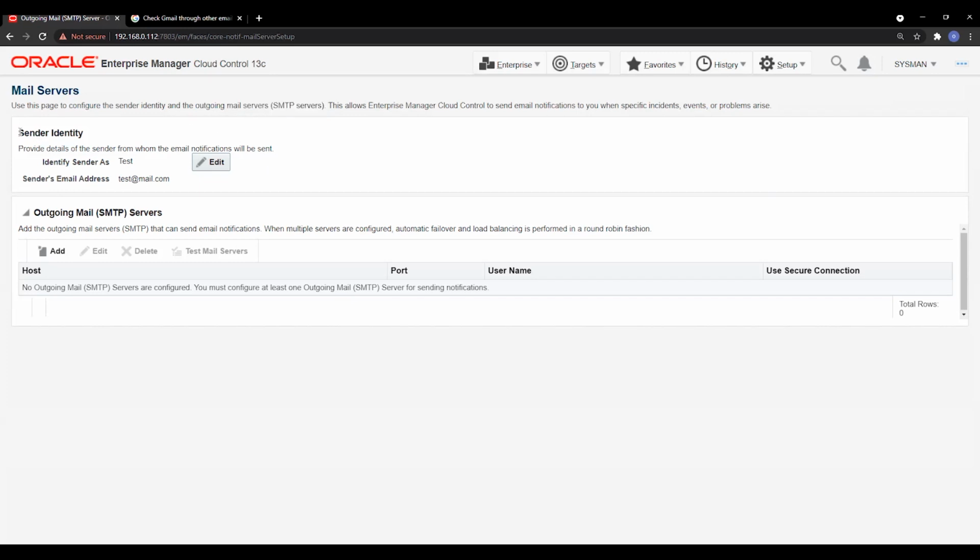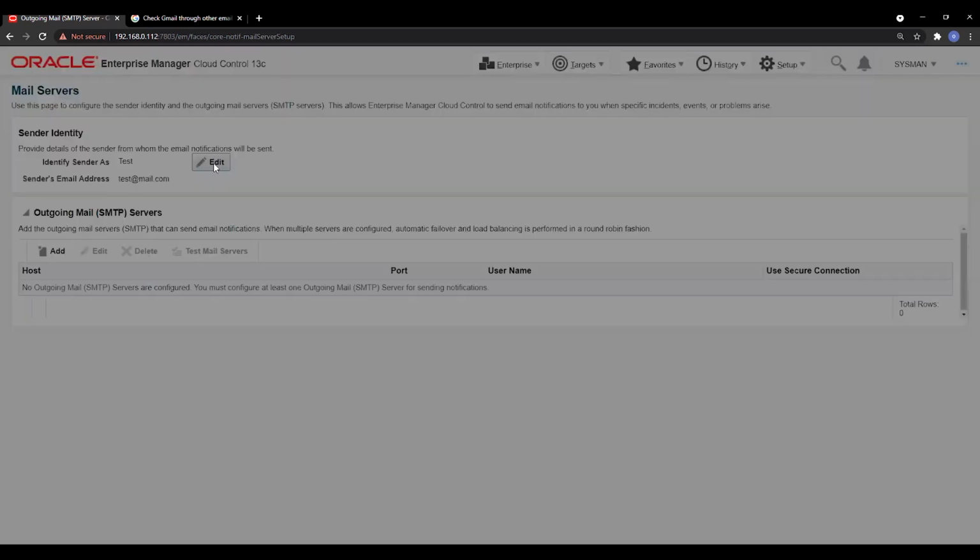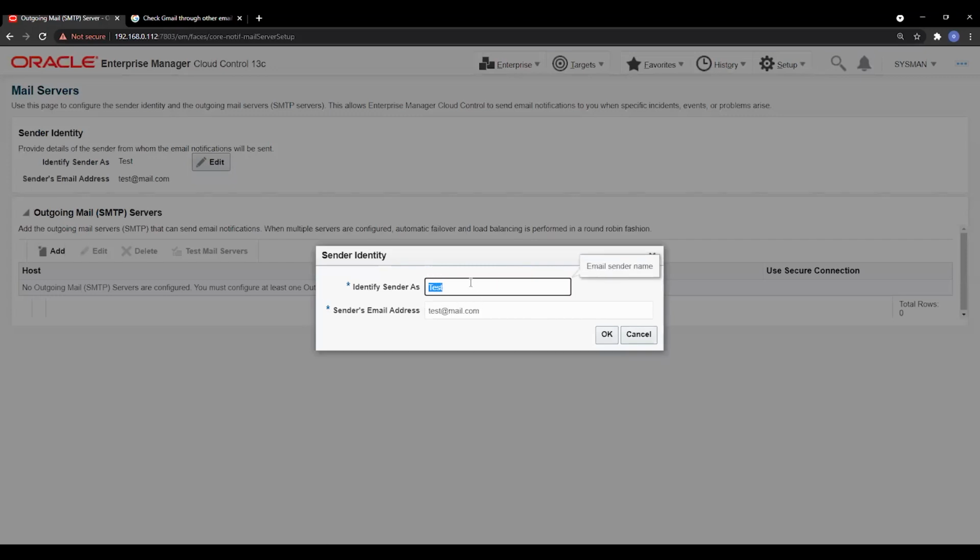Okay, so here we have the sender identity. Sender identity provides the detail of the sender from whom the email notification will be sent. This is basically an email ID of the person or the identifier from which we are going to get the email.